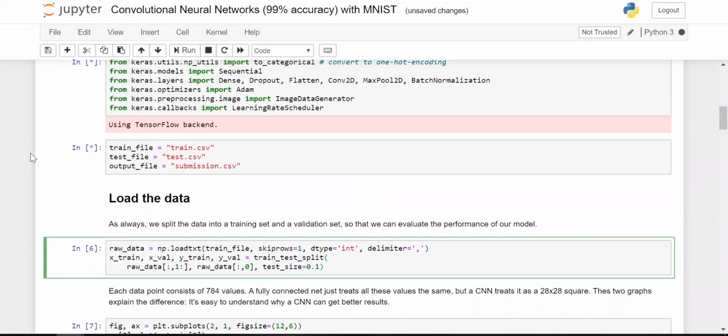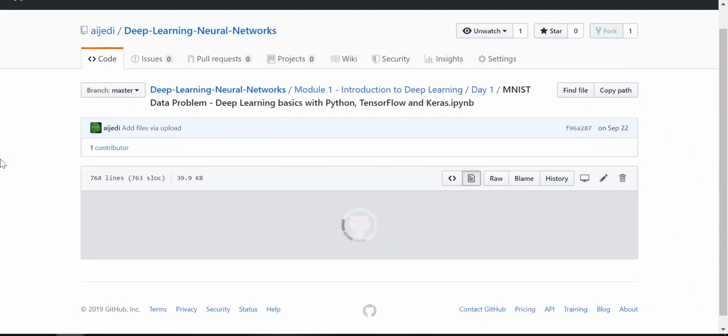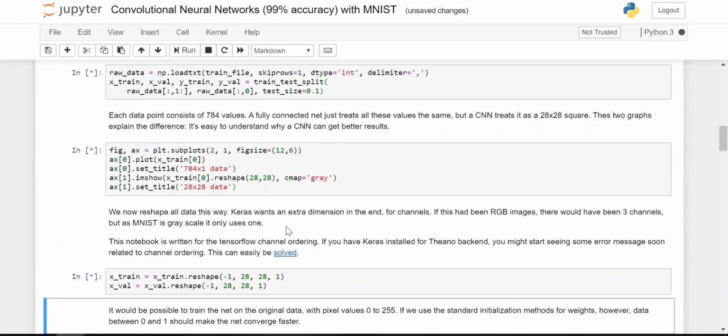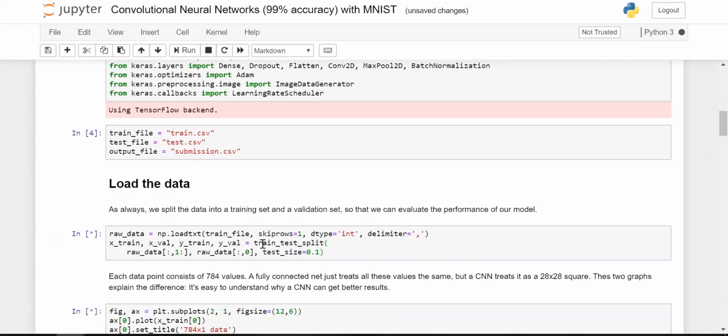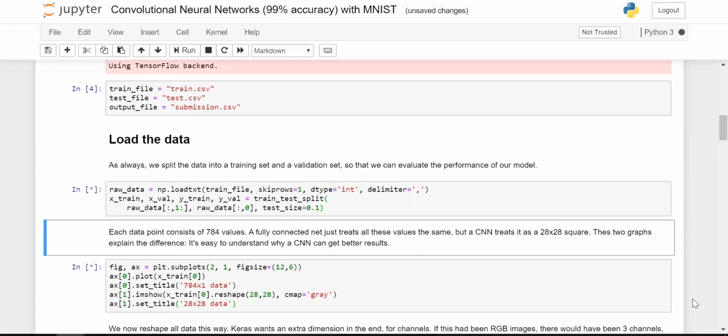Loading the TensorFlow backend and Keras always takes a good amount of time, which is why people prefer to use GPUs. Okay, we are done with this. One thing you've got to notice is that each data point is 784 values, meaning 784 pixels, which is nothing but 28 by 28. So when you're passing it to the CNN, it is treated as a 28 by 28 square. One reason is that, as we had discussed previously, all the images should be of the same dimension if you're working with neural networks. So here the images are already standardized to a 28 by 28 format, and we are passing all the same-sized images to the CNN.